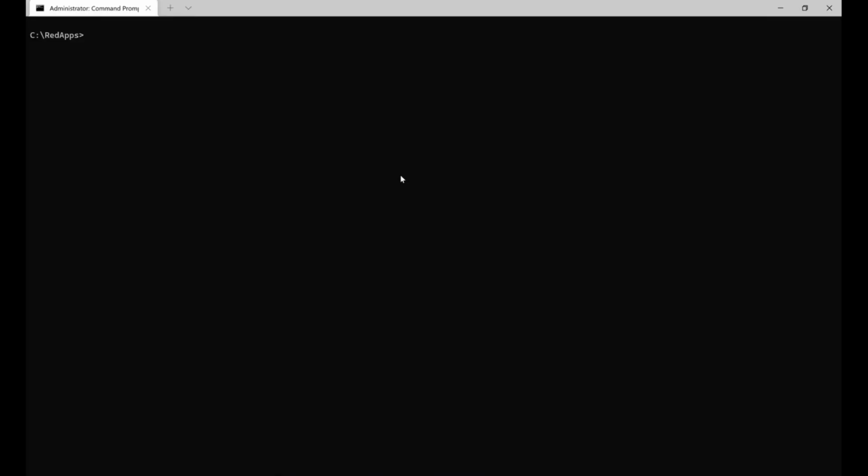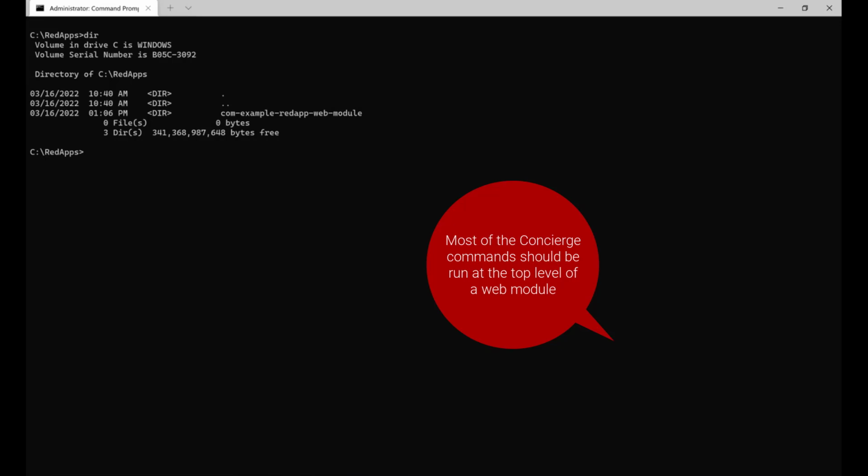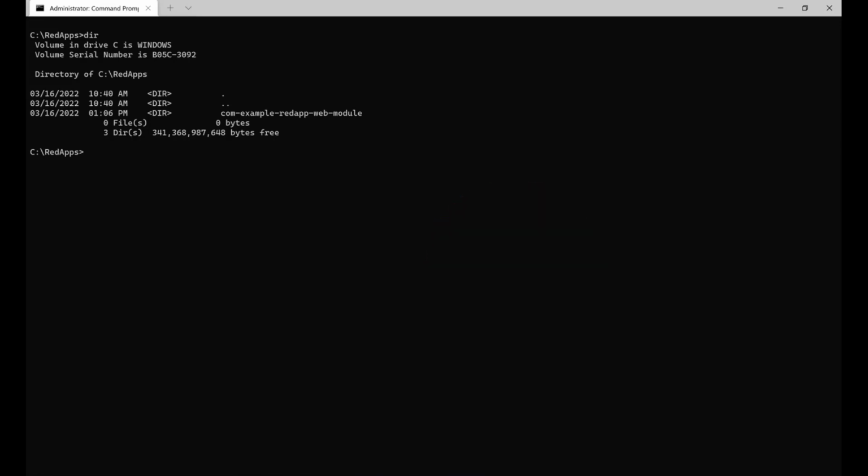I am currently in the directory where I run the ngv init command. Let's run the dir command to see all the available files and directories. You can see our example Red App web module. Most of the concierge commands should be run at the top level of the web module, which can be identified by the package.json file. Okay, so let's change directory to the web module